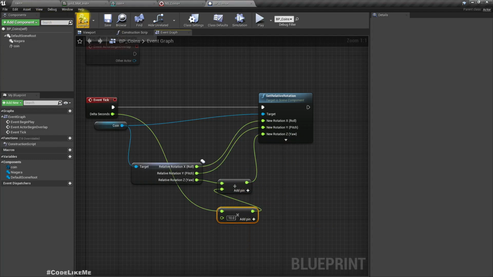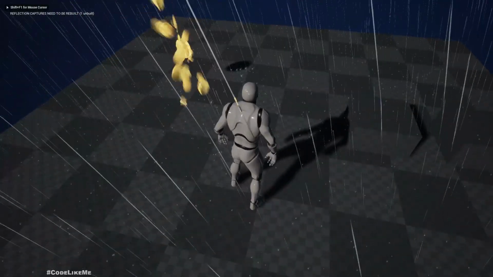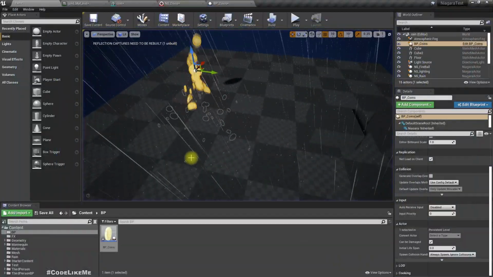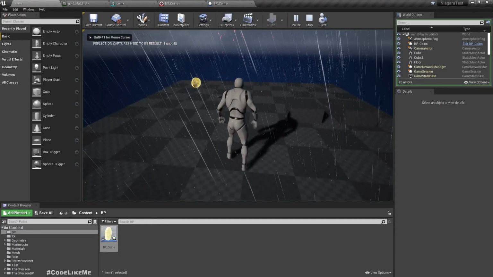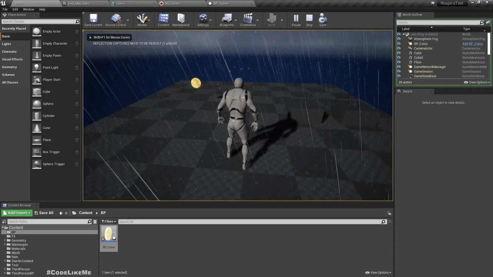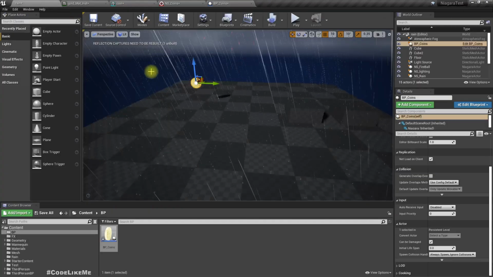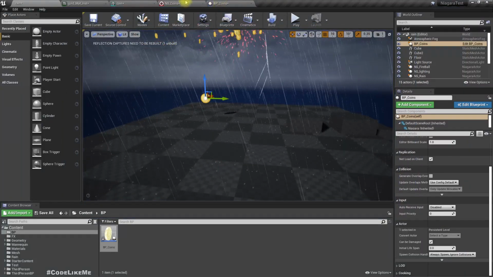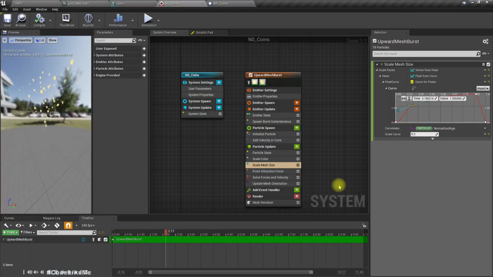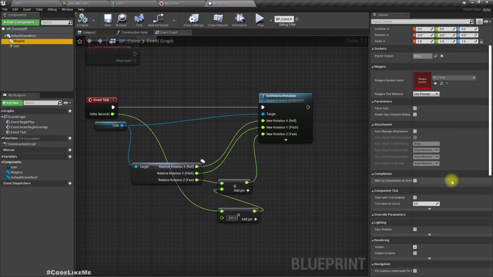And set it as the new rotation. Sorry about that. Now you can see it is rotating, but very slowly. So this should be 100. See, now the coin is rotating, but still it's too slow. 200. Yeah, that's better. Okay, and initially we should not have the Niagara system active, so let's deactivate,